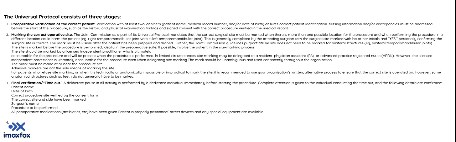Usually the universal protocol for patient identification starts with pre-op. You have to verify that you have the right patient by patient name, by patient age, and by patient record number. This is very important because getting the wrong patient is considered a sentinel event, and unfortunately it will